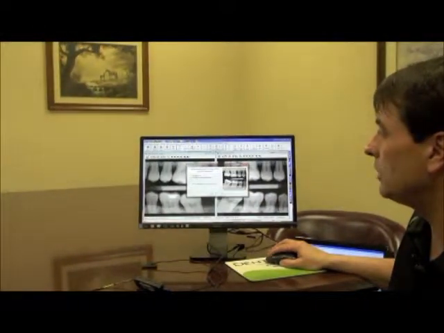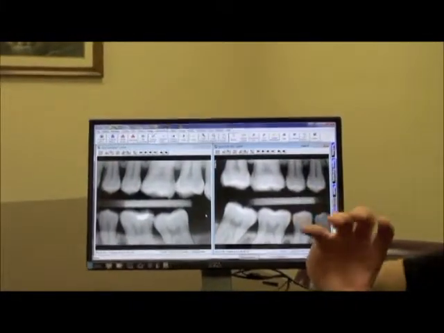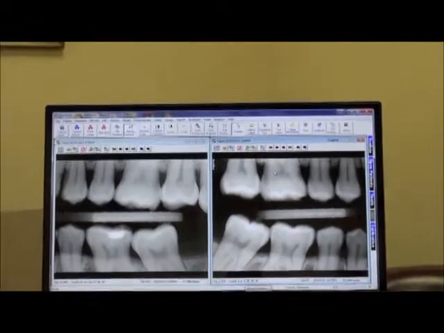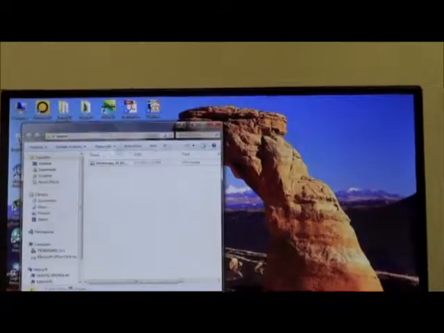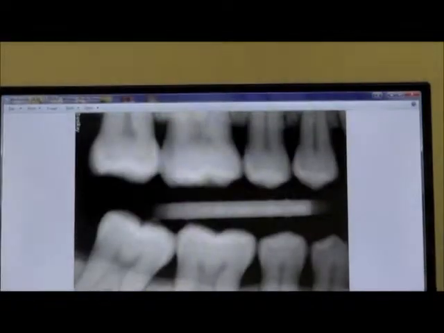Here we're going to choose current image. Just click OK, and that has actually taken that image and put it into our network share. So if I minimize, you'll notice right here our export folder that was on the desktop has the image in